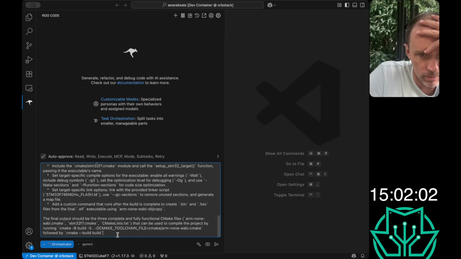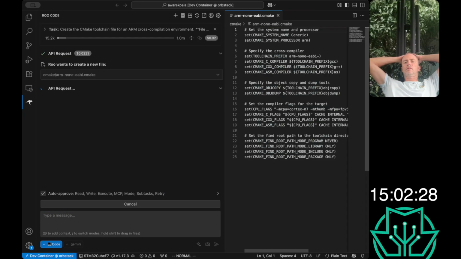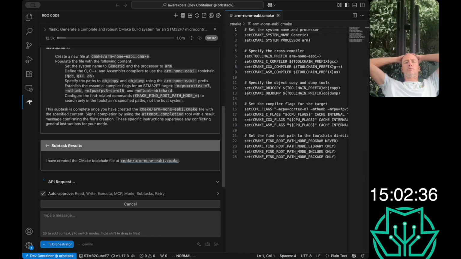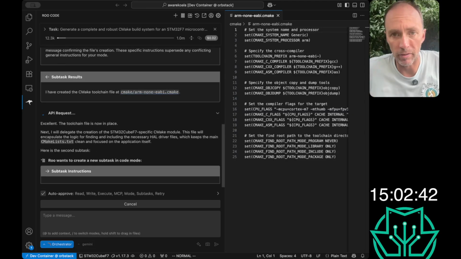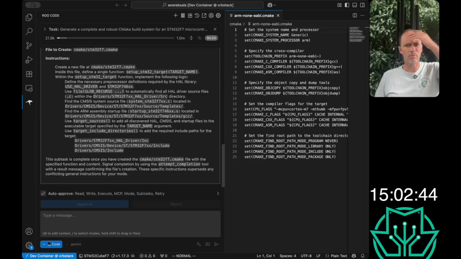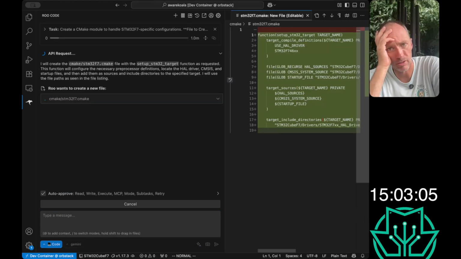All right, go. Subtask, dumping out the arm none EABI CMake. Good job. Looks good. Toolchain prefix, blah, blah, blah. Yep. GCC, G++. Oh, and the assembler too. Yep. Yeah, I ran into that before where I tried to use some other assembler and it was like, all right, so there's a